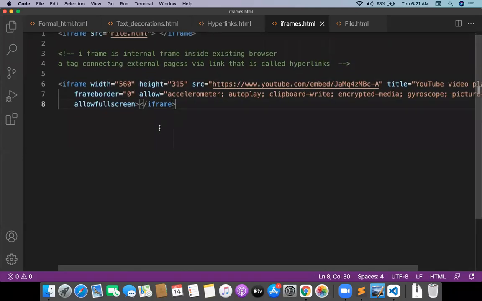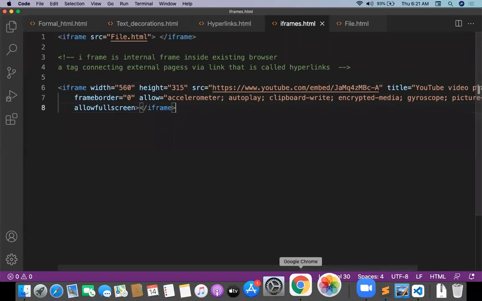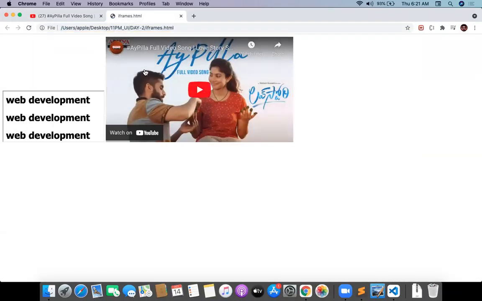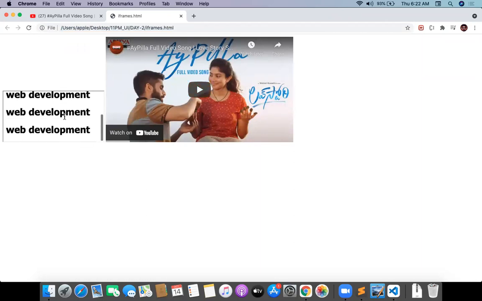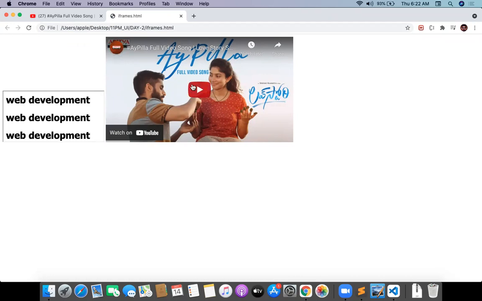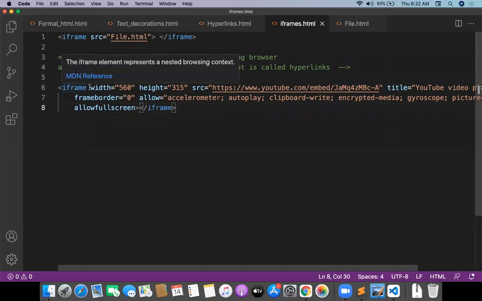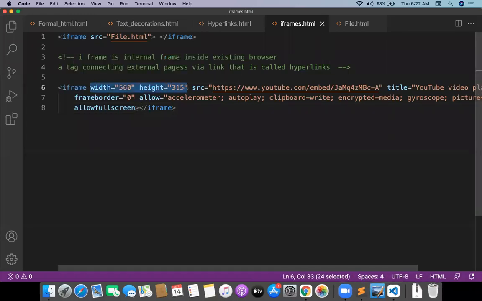Whenever you copy the iframe and paste it here, that iframe also gets loaded for you with another tag. Yeah, another frame. This is the first frame. The first frame is loading HTML content. The second frame is loading the YouTube content. However you want, you can design the iframes, but the first iframe has no width and height. Let me take the same width and height of the first frame, copy the width and height here, and assign the attributes width and height over there. Okay, so this is what it is about iframes.